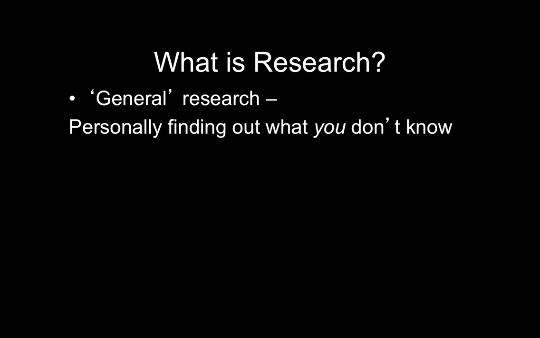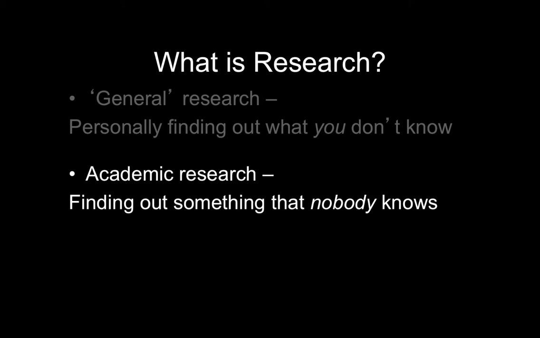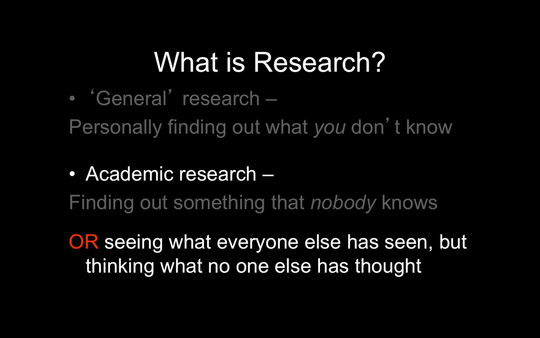Firstly, there are two different types of research. The first is general. It's what everyone does when they don't know something and want to find out. It's when you Google, how do I make a beef rendang, or what's the population of China? But academic research is about finding out what no one else knows. So there's an emphasis on originality in your inquiries, or of offering a new perspective on something that everyone is familiar with. For example, a new angle in critiquing a famous painting, or an unusual insight into a novelist.